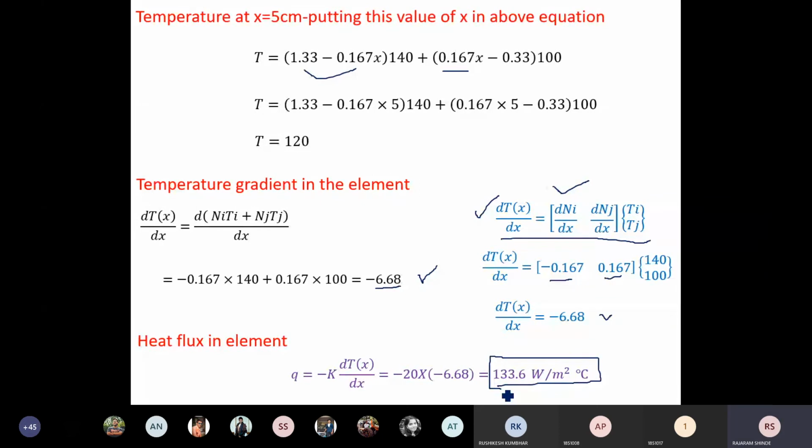Have you got it? Any doubt here? It is a simple one. And one more thing I want to tell you here, the notes which I have uploaded, I have missed this minus sign, so my result is negative there. You make the modification in that note. Any doubt here?